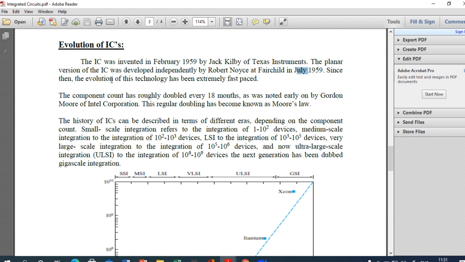Since then, the evolution of this technology has been extremely fast-paced. Once we knew the advantages of integrated circuits, manufacturing increased extremely and